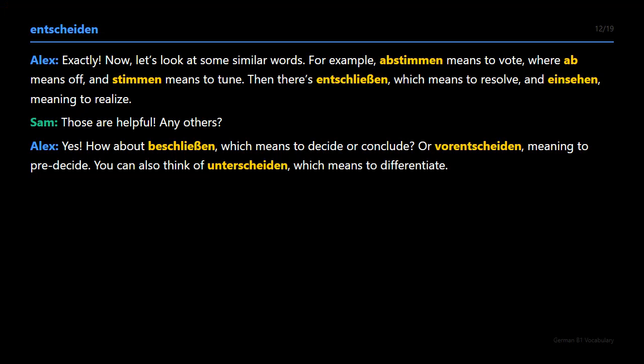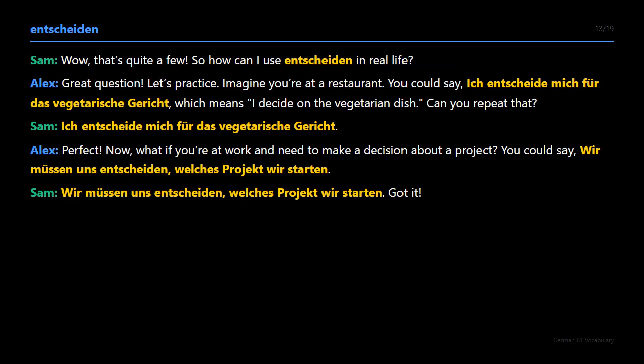Yes. How about Beschließen, which means to decide or conclude. Or Vorentscheiden, meaning to pre-decide. You can also think of Unterscheiden, which means to differentiate. Wow, that's quite a few. So how can I use Entscheiden